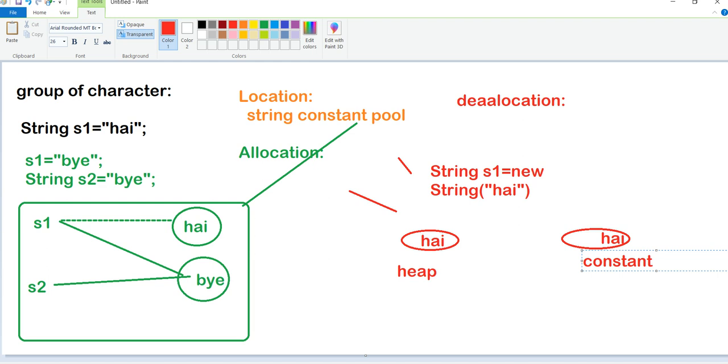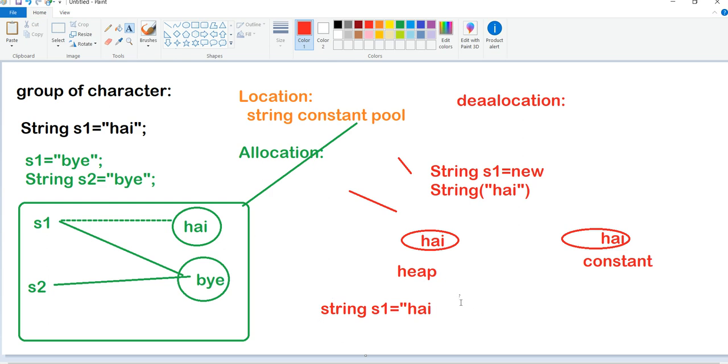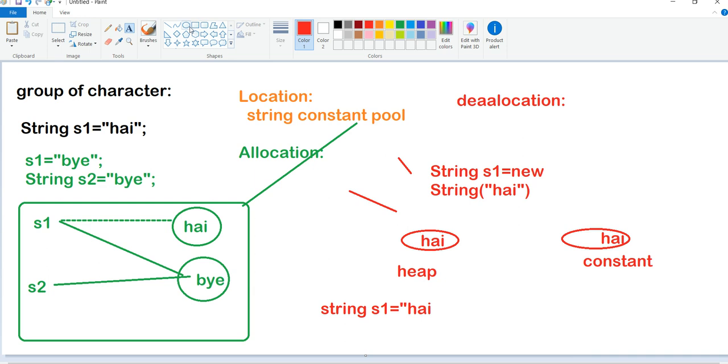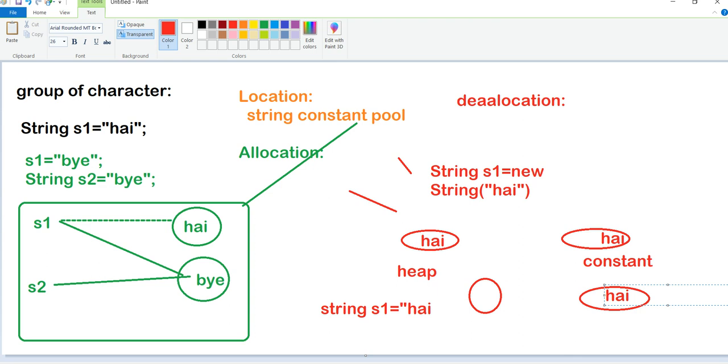Same thing if I go with the string defined in the next way: String s1 = "hi". In this case, if we have two places, the heap memory and the constant pool, the data is stored in the pool itself.